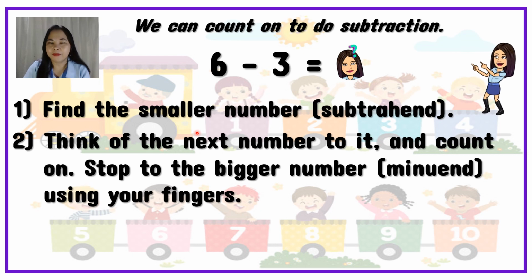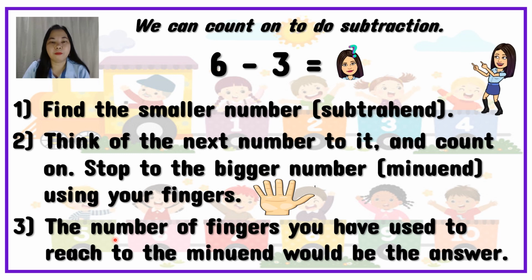Next, for the second step, think of the next number to it and count on. Stop to the bigger number, which is the minuend, so 6, using your fingers. Okay, so again, think of the next number to number 3. So 3, 4, 5, 6. So we're going to stop to number 6 because this is the minuend. Okay, so for the last step,